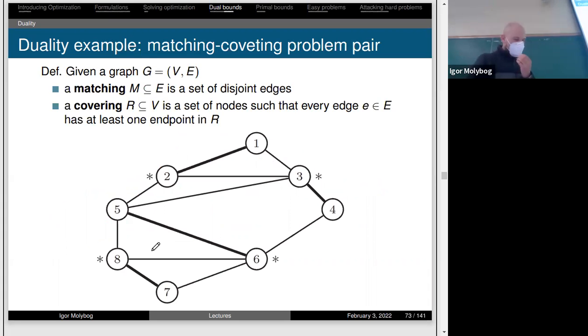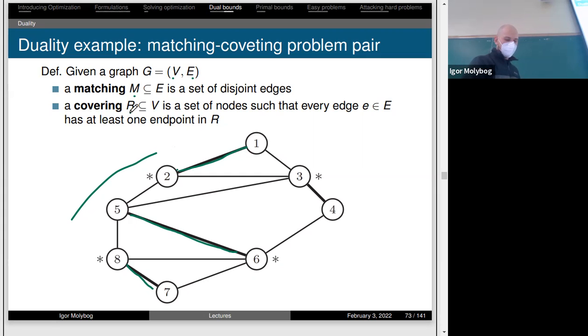So let us take a look at the matching covering problem and we will see what it means to be a primal dual pair for this problem specifically. If we are given a graph consisting of vertices and edges, like this one, we are saying that a subset of the set of edges M is a matching if it is a set of disjoint edges. For example, in this case, this set of bold edges is a matching, just because they are